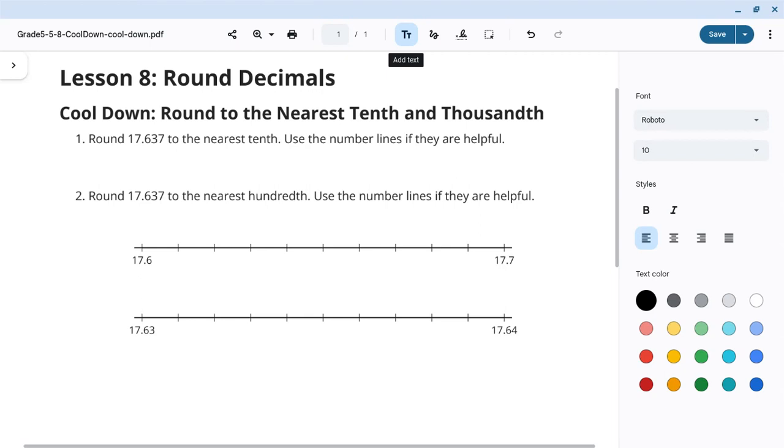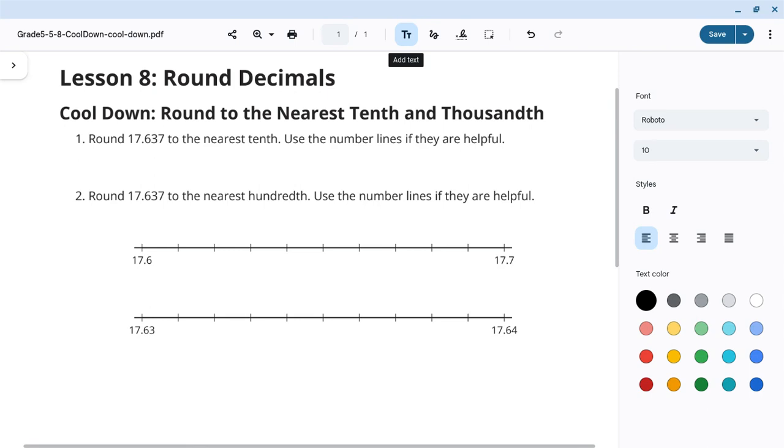Good morning, mathematicians. We are looking at Lesson 8 of Unit 5. We are rounding decimals. This cool down is about rounding to the nearest tenth and thousandths within our decimal number system. Okay, number 1 says that we are to round 17 and 637 thousandths to the nearest tenth, and